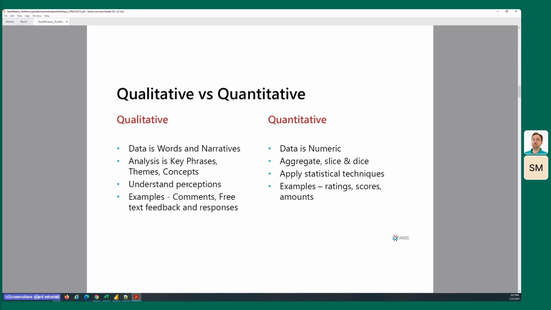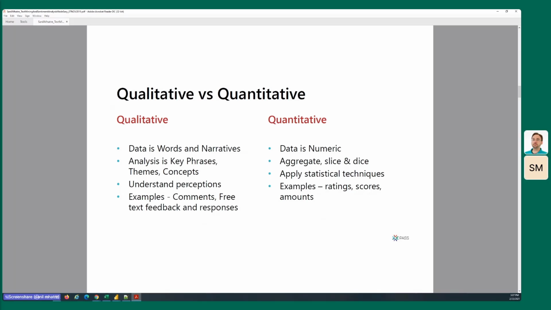So I'm going to jump right into qualitative versus quantitative. So what is qualitative data? Qualitative data is typically the data that consists of words and narratives. So think of things like comments on Amazon.com, or if you guys have been lucky enough to take survey after surveys, some of those surveys have open-ended questions. The text data that you would input in those survey questions, that would be qualitative data. Think tweets, Facebook posts, so on and so forth.